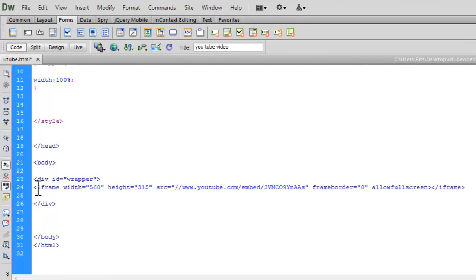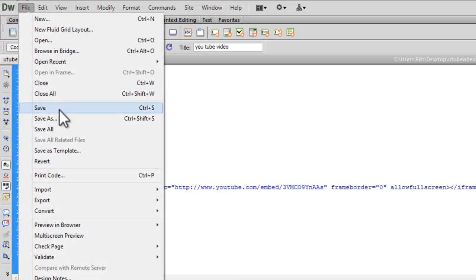Now we have the iframe tag, the source link and the closing iframe. Now the problem with that code is that they do not have HTTP here. HTTP colon. Height and width can be specified here also. Let's save this much.